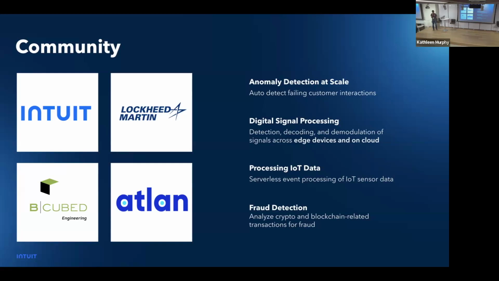And if you think about digital signal processing, the teams are more interested in Python, C++, that kind of an ecosystem vis-a-vis Java or any of those. So they were able to use it quickly, and they were able to write multiple different kinds of sources like ZMQ and whatnot for their use case. And Lockheed, they use it for processing some of their IoT sensor data and all of that. And lastly, Atlan, they use it for data movement. It's a very cool startup if you would want to check it out.